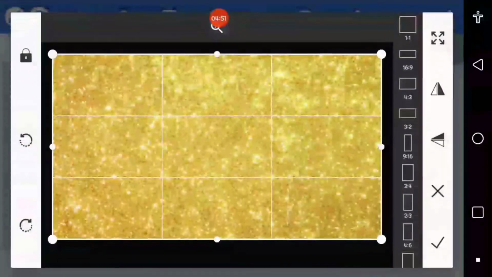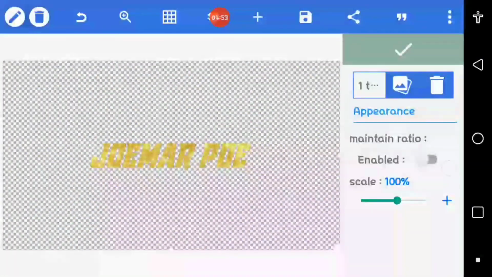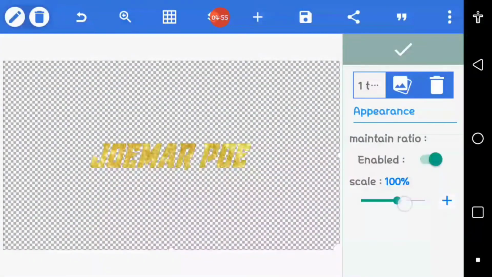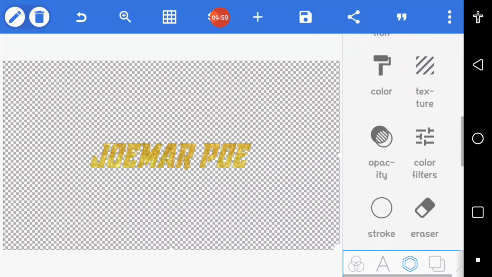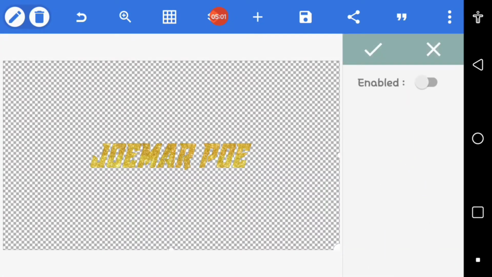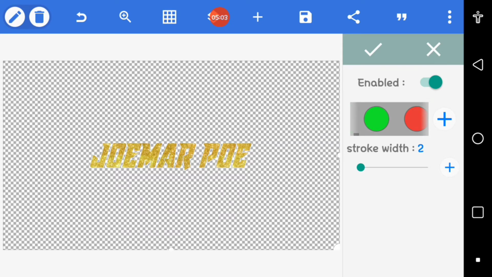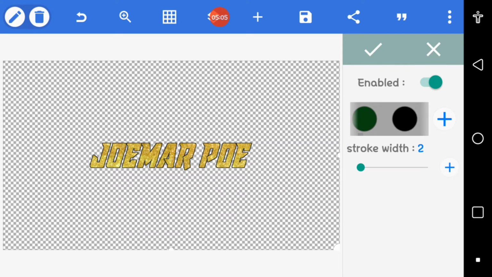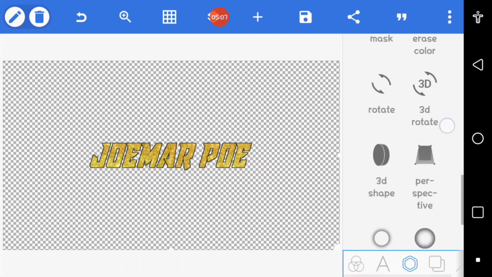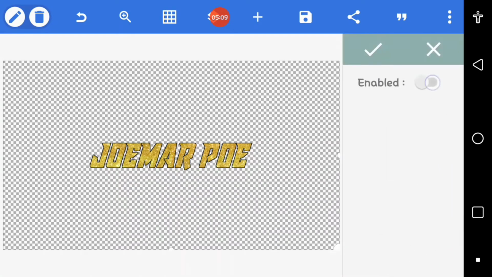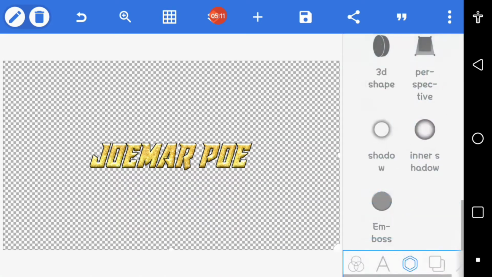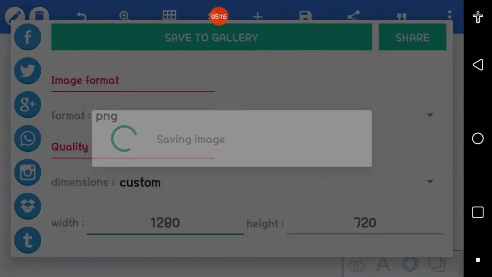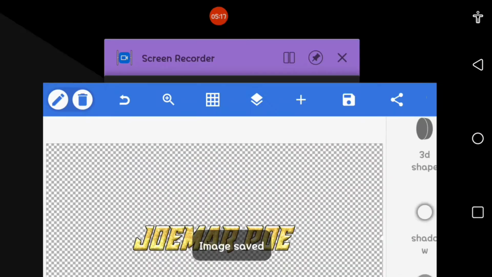So this one you check, and then try to enable this one and make it a bit smaller. Okay, and stroke, you're gonna stroke it with black to highlight your text. Okay, and then you can add emboss. Okay, it's more shiny, so save, and it's done, so go back to your KineMaster app,